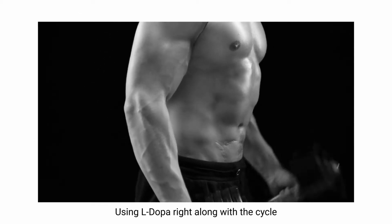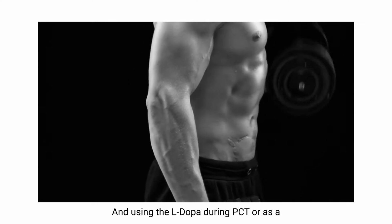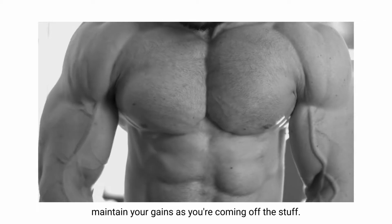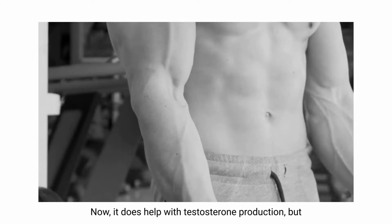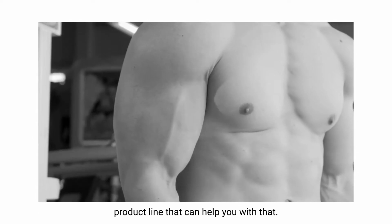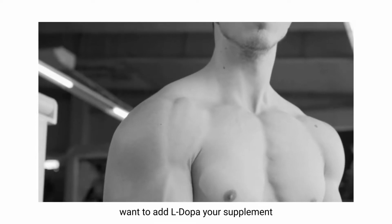Using L-Dopa right along with the cycle should help prevent some of that suppression. And using the L-Dopa during PCT or as a standalone would be a really good way to help maintain your gains as you're coming off the stuff. Now, it does help with testosterone production, but there are other products in the Vintage Muscle product line that could help you with that. One of the other reasons you really want to add L-Dopa to your supplement regimen is